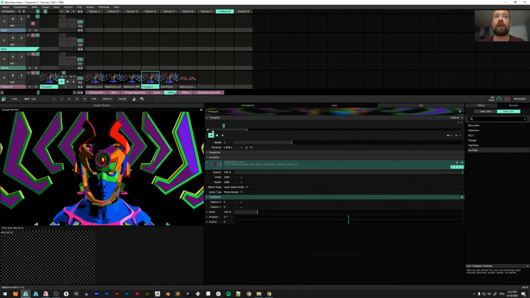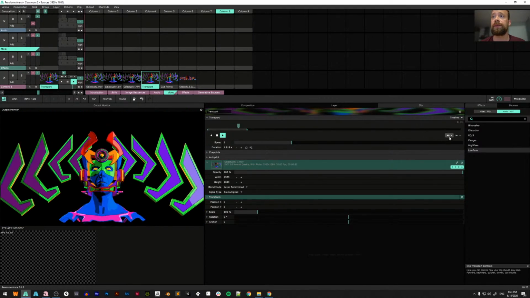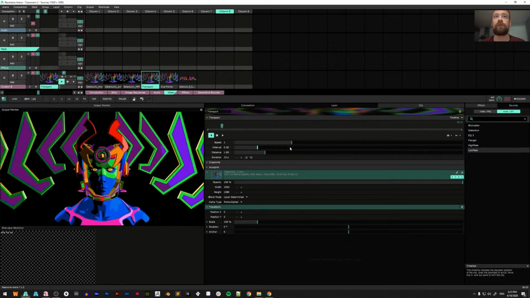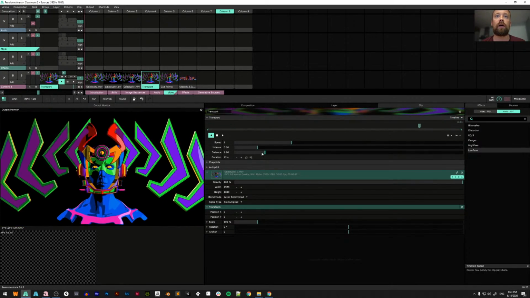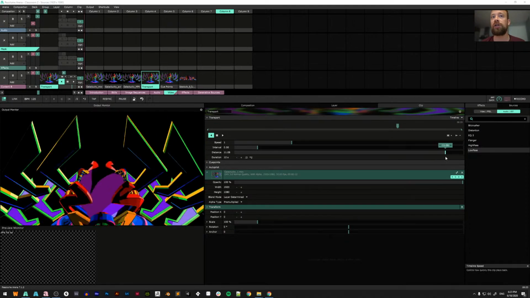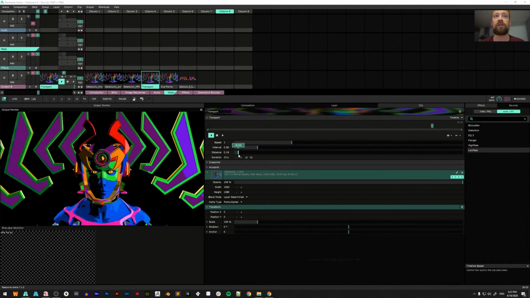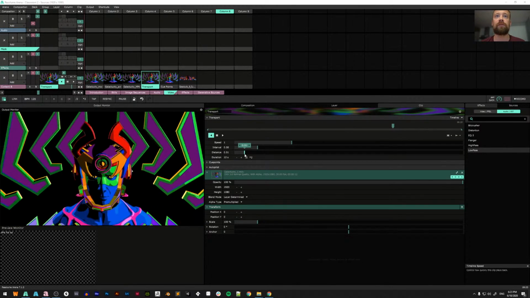Bounce will bounce the video up and down. I use this quite a bit. Random opens up a whole new section, where you can say how big the random jumps are going to be. So if I want really small, glitchy jumps,